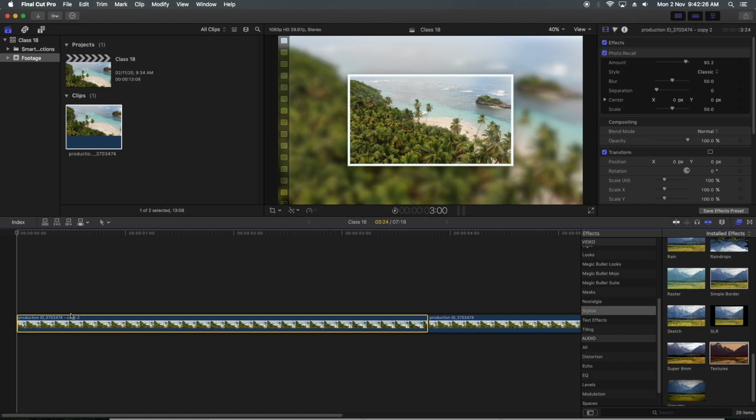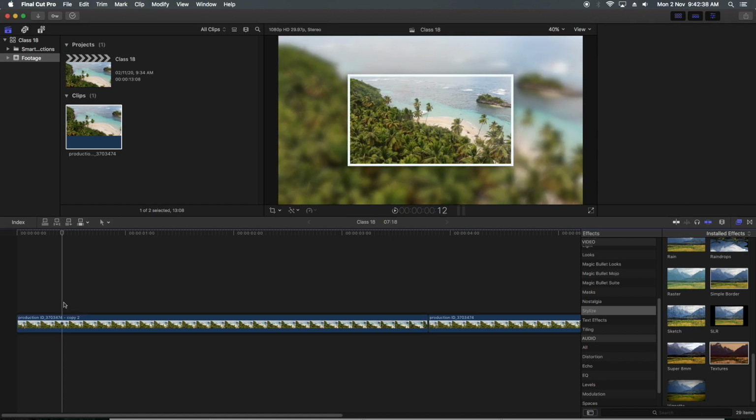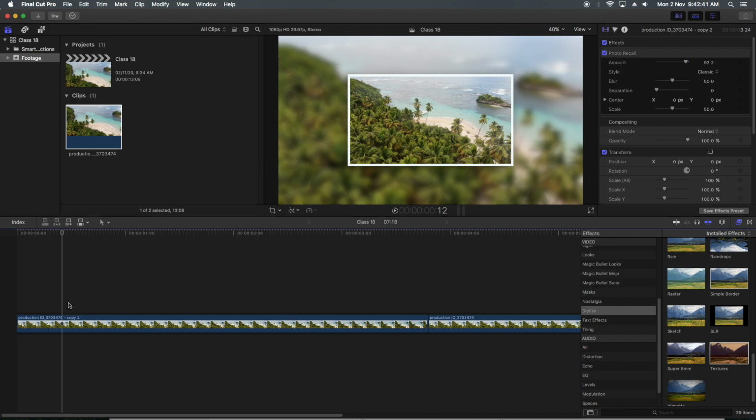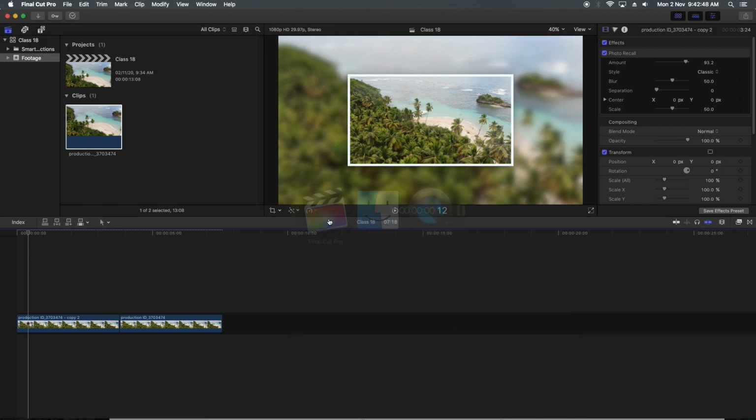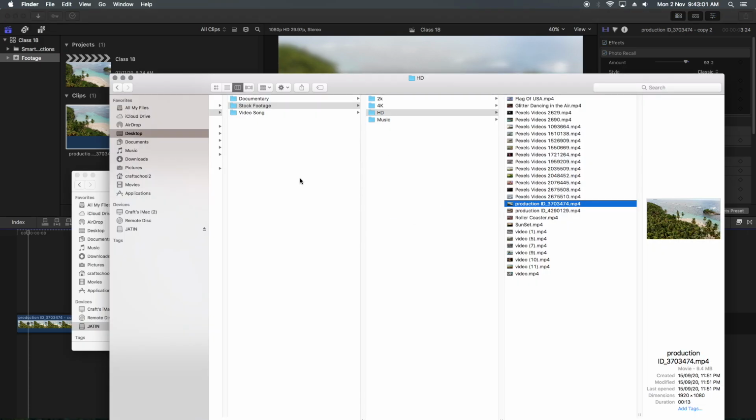So this is how you can use multiple filters on one single clip without creating multiple layers, and you can finalize what is going good at this particular clip. So this is a very handy and useful tool which is there in Final Cut Pro. You can even put stills with different kinds of effects, and then you decide which one is going good at this particular place. So this is how audition works.